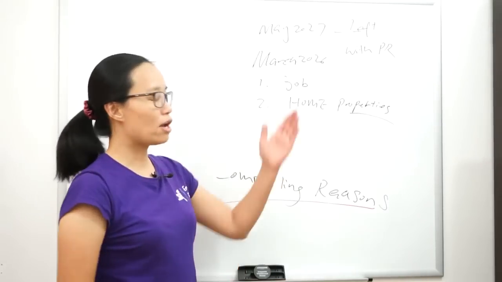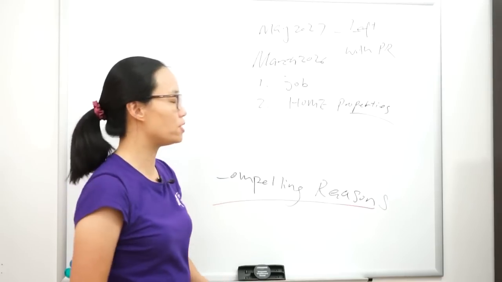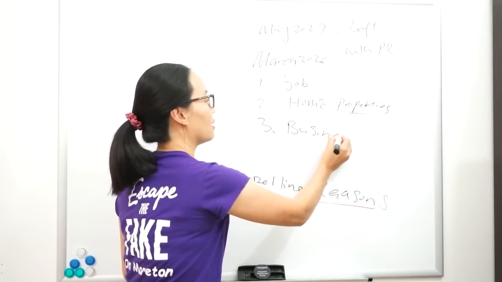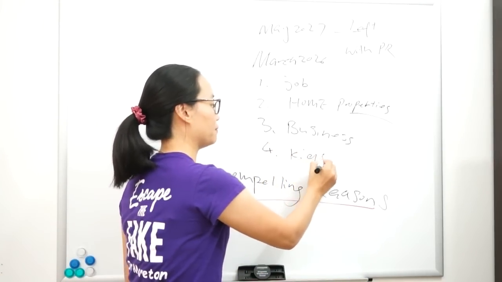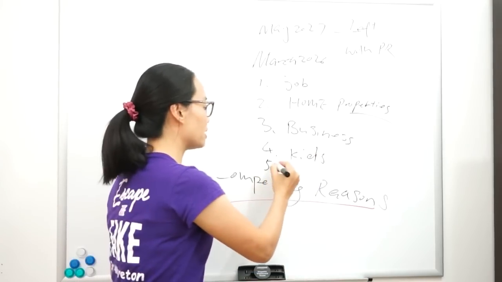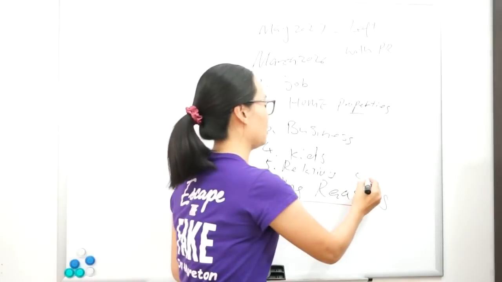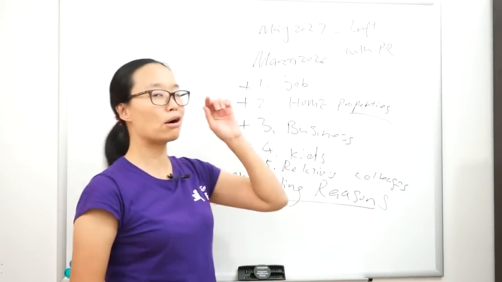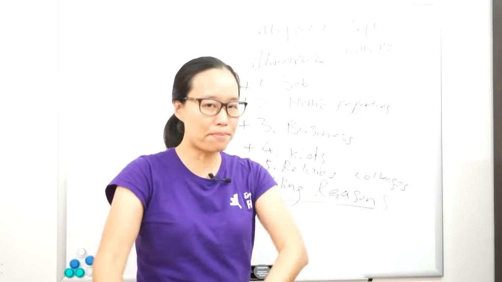So maybe you have a main home address, but you have 2 rental properties. Then you set up a company to manage this. You have a business. Okay, and then you say, I have kids studying in Australia, or I have relatives, I have colleagues. So all of these are plus points. You are not thinking about, oh, I don't have any of them, but think about what you can bring up to people to give a compassionate consideration.